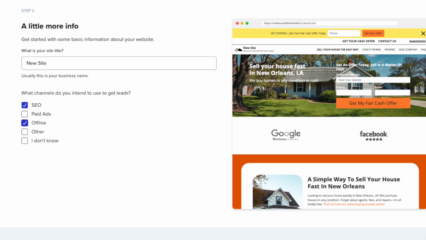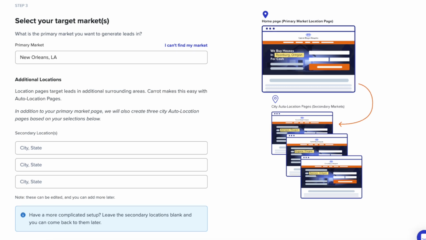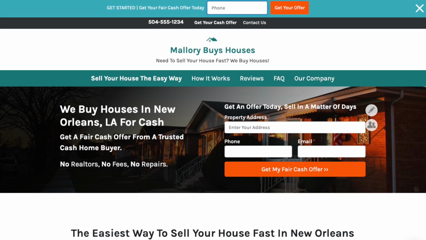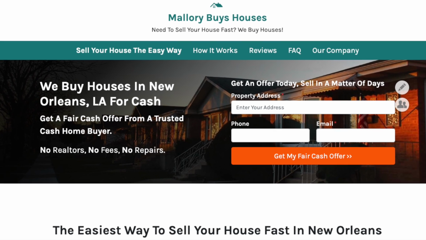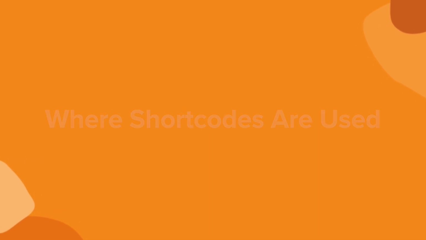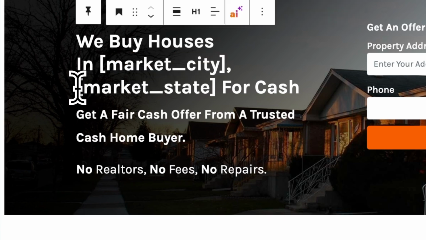When you launch a new Carrot website, we ask you some questions about your business. Things like your company name, phone number, and primary market, city, and state where you do business. We take this info and use shortcodes to automatically insert your business info throughout your new website. Shortcodes are used to automatically pull in information about your business onto your website pages and content. For example, your homepage will feature a market city and market state shortcode throughout your content, including the headings on